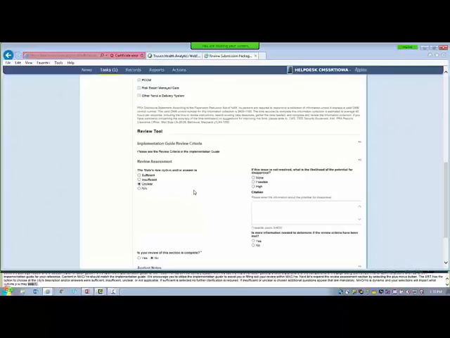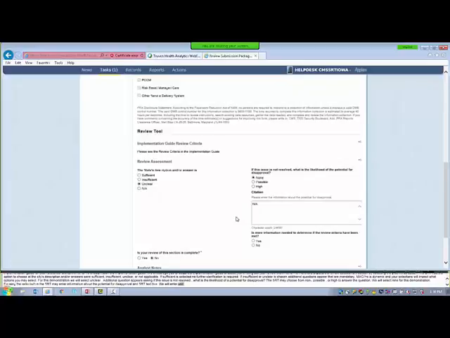An additional question appears asking, if this issue is not resolved, what is the likelihood of the potential for disapproval? The SRT may choose from none, possible, or high to answer the question. We will select none for this demonstration. After selecting the radio button, the SRT may enter information about the potential for disapproval in the citation text box. We will enter NA.